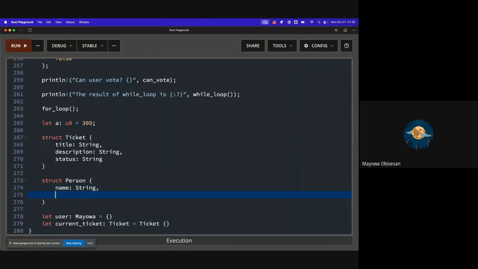It's going to be a string. It's going to be, let's say, an age. It's going to be a U8, right? We assume that the person we are storing in our struct should not be more than 255 years of age, right? Then let's say the location